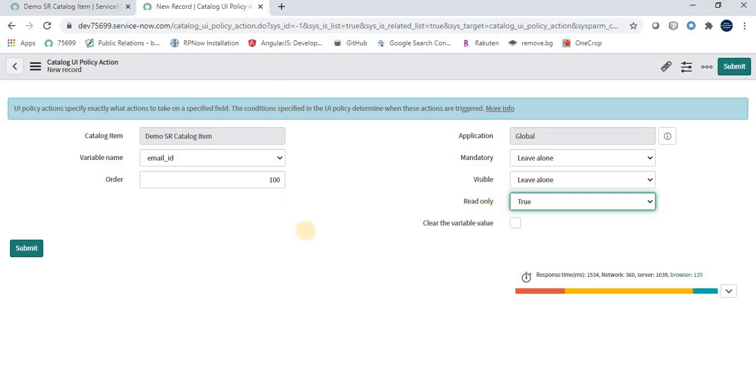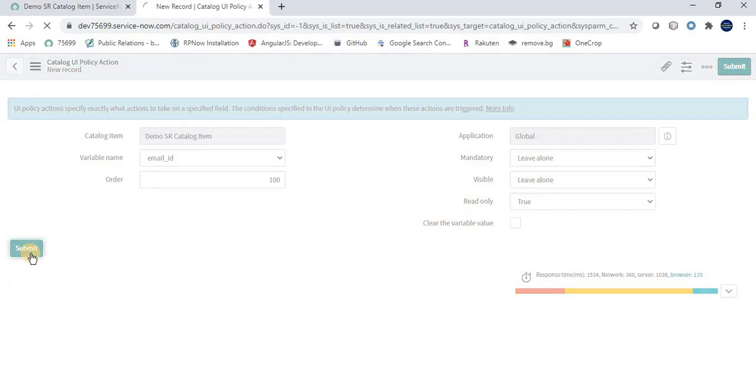And there is one more thing which I want to tell, that for this visible policy there are some fields for which the visible policy will not work. Those fields are break, container split, and container add. So if you are working on break, container split, and container add, then this visible will not work.